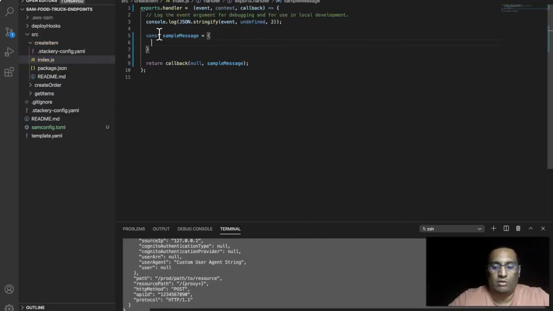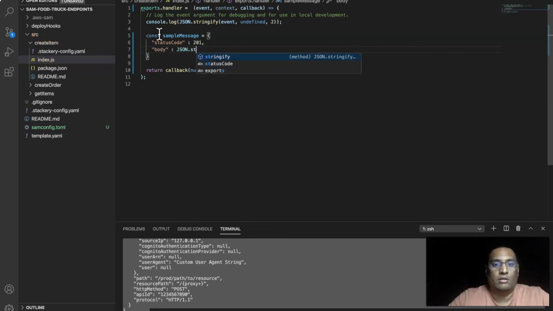since it is an API gateway call, we need to have certain entity properties here. Status code is going to be 201 for creating a resource, and then we're going to have the body. Let us define the body here.